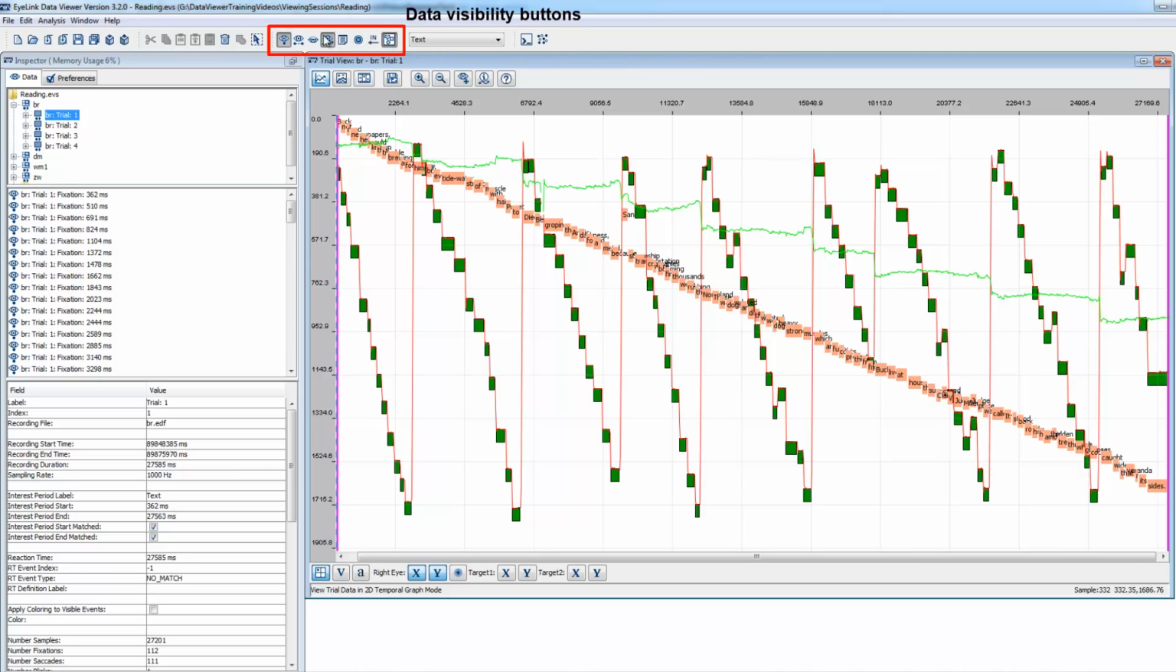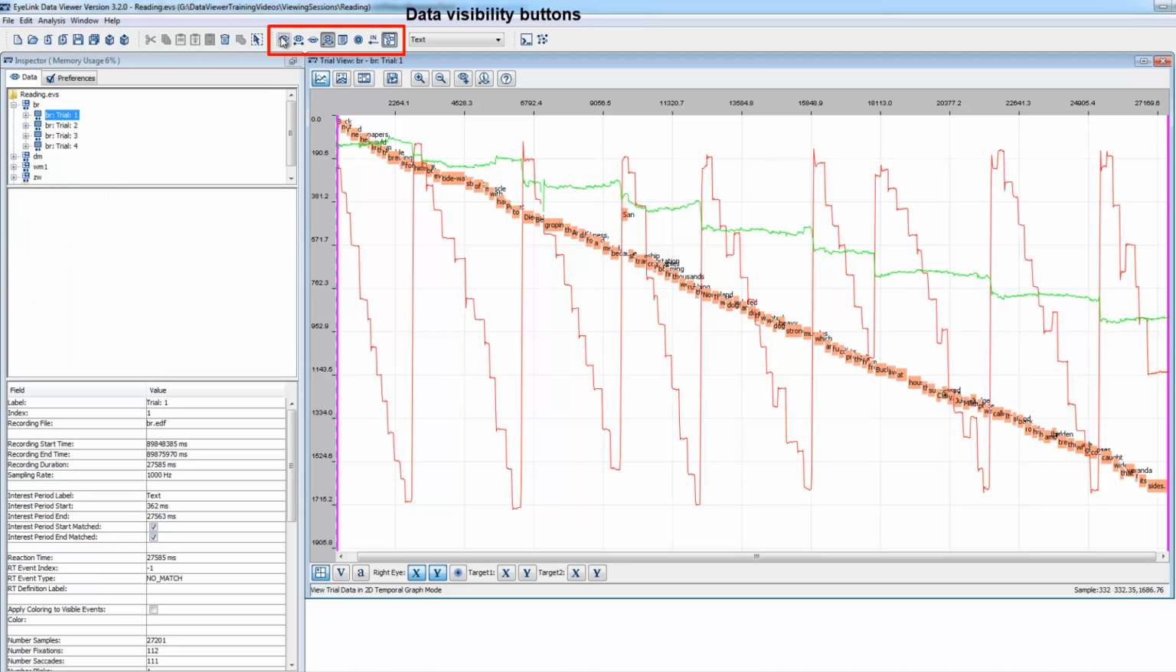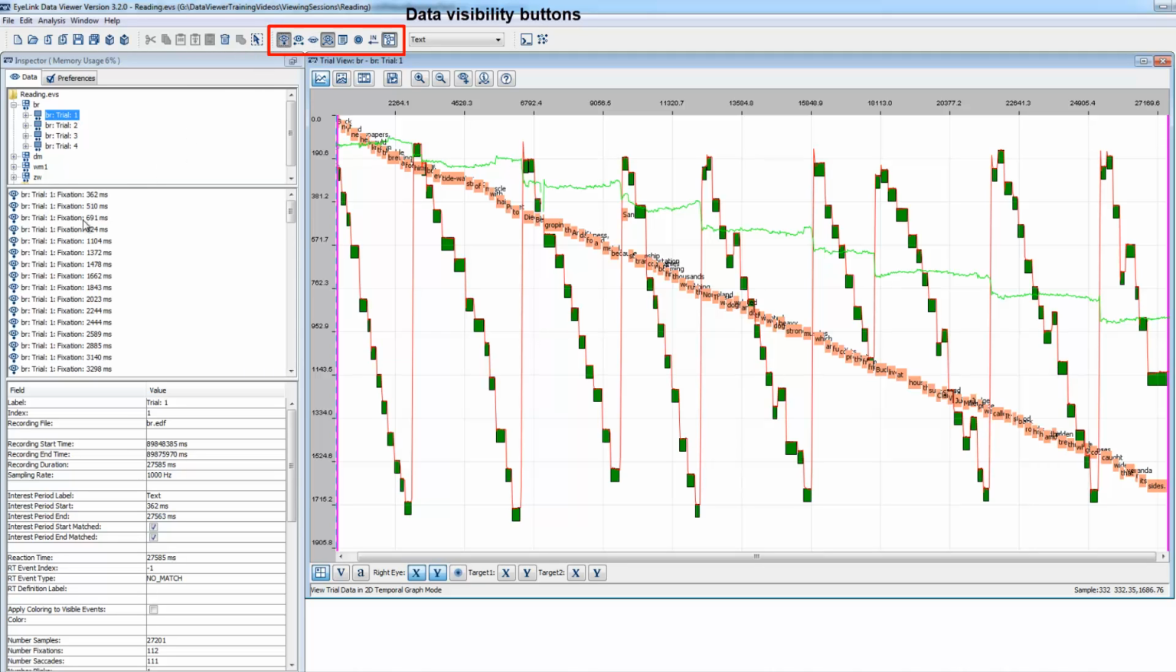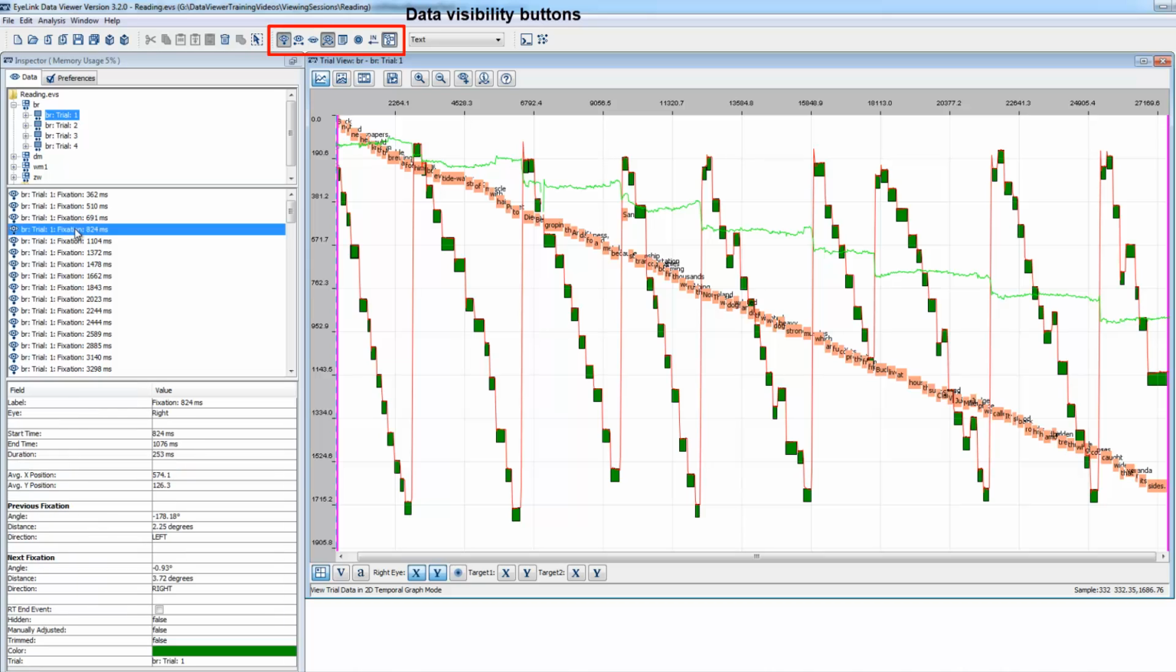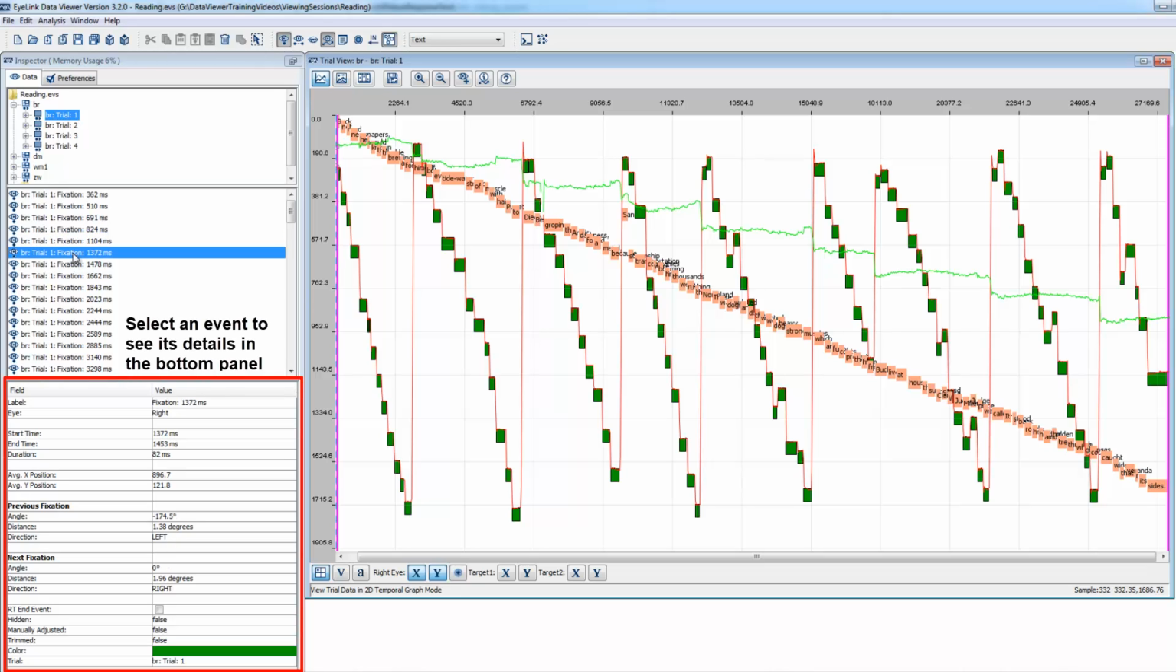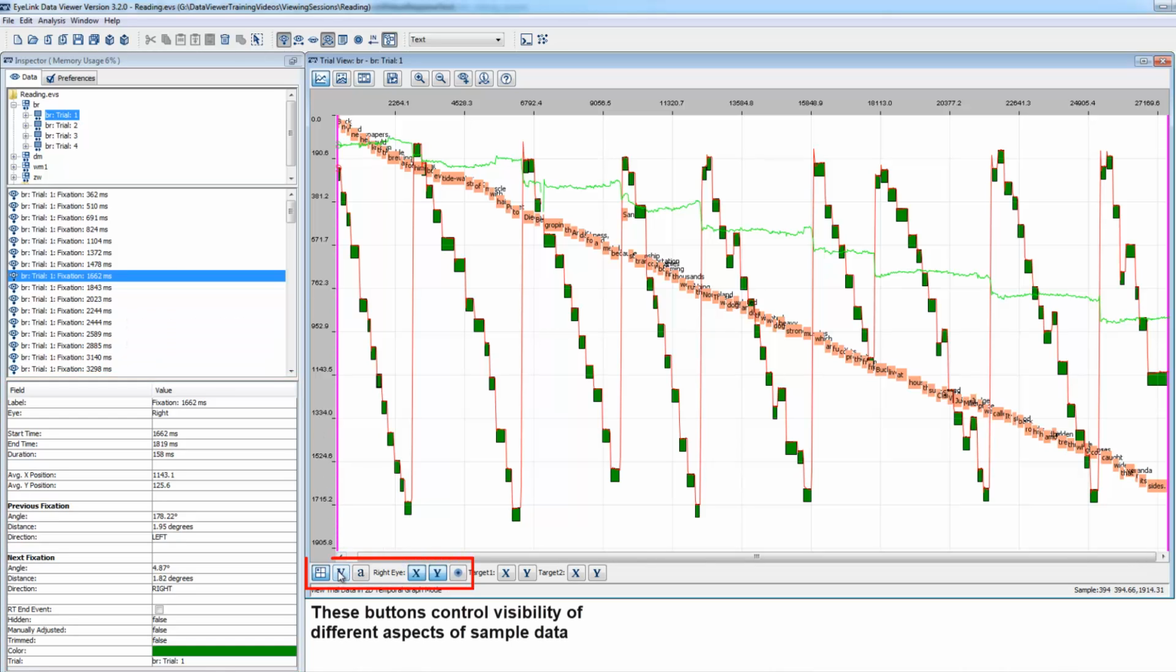As you toggle each button on, its corresponding data will be displayed below in the trial view window, and event data will be displayed in the inspector as well. You can click on a particular event in the inspector to select it and see its specific data values in the bottom panel. When sample data is visible, you can use the buttons at the bottom of the trial view window to toggle the visibility of different aspects of the sample data, including velocity, acceleration, X and Y position traces,